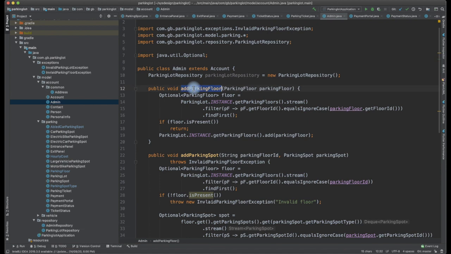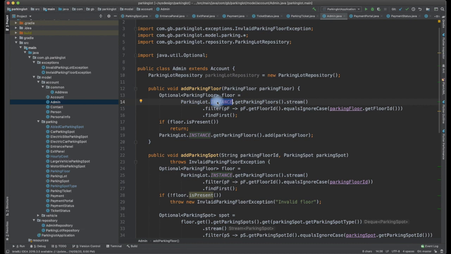When an admin is trying to add a parking floor, we have modeled the parking lot as a singleton instance. We are ensuring that no two people will be adding it, because it is all done in memory. If it were not a singleton instance, the same thing would be handled at the repository layer. If two admins are working to add more than one parking floor, they should be able to do it by handling the concurrency at the backend side. Since we are modeling in an object oriented way, we are doing it in the code itself. We should be able to talk through this at the time of interview, or while we think through it. This is how we have to model the concurrency.